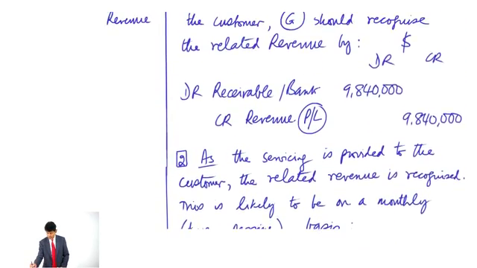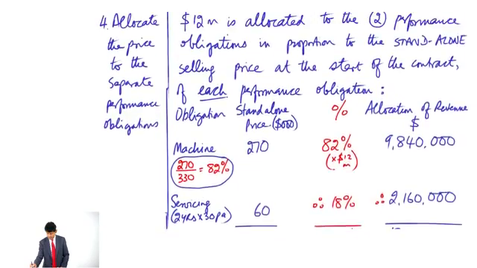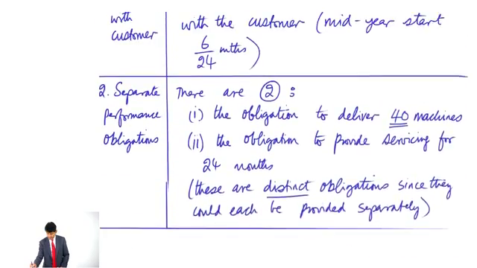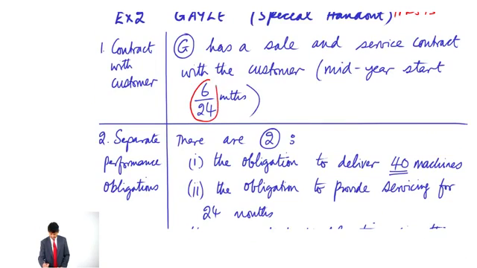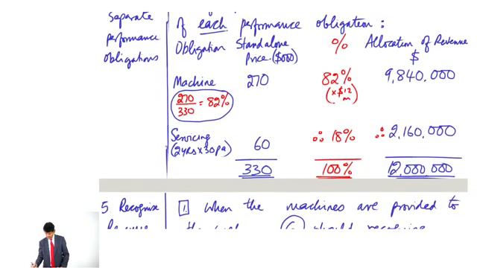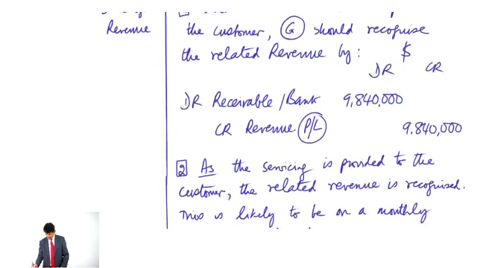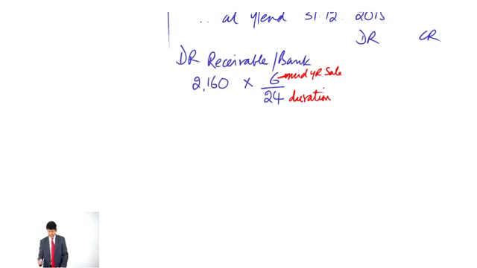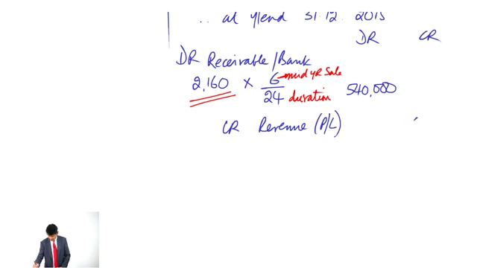So if I just go back to 6 over 24, somewhere here we wrote 6 over 24, and somewhere here we brought in this figure of 2160. It's so easy. And so if I were to multiply 2160 by 6 divided by 24, this will be 540,000. And of course the credit would go to the inevitable revenue, which ends up on the P&L with